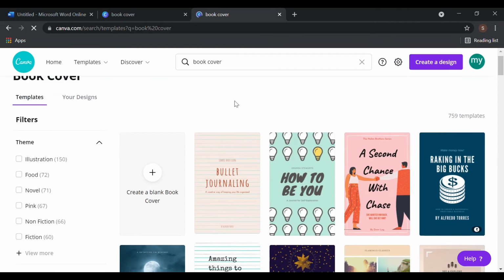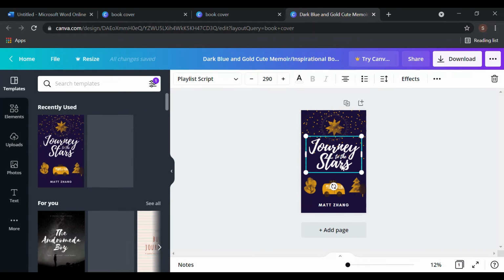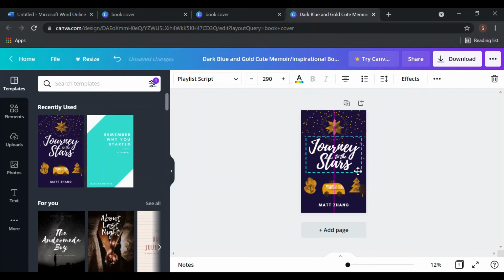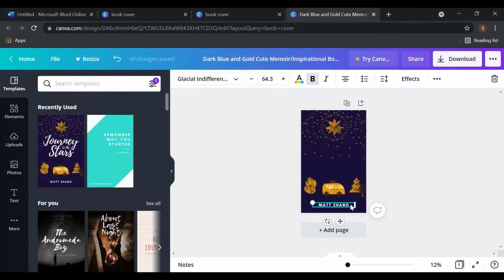Now I have to go back to the home button, and I'm going to choose a book cover again. I'm going to go back and choose my journey to stars right there. It opens in another new tab. Now I'm going to remove the same text right there, so that's deleted. Now I'm actually going to